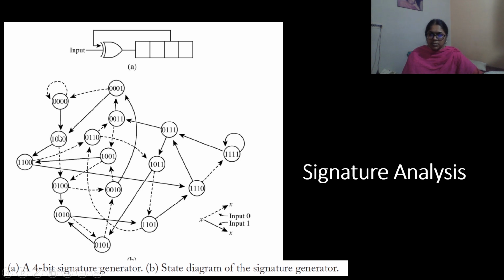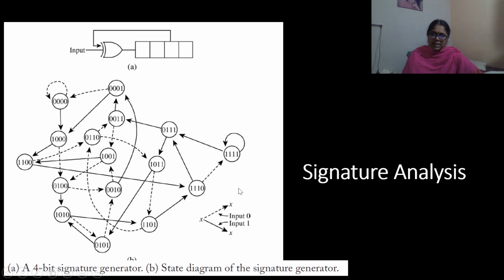But once it goes to the 1000 state, once again, if the input bit is 1, then it will go to the 1100 state. Otherwise, if the input bit is 0, it will go to the 0100 state. Depending upon the input bit, the output of the XOR gate will change, and automatically the contents of each D flip-flop in the shift register are going to shift.